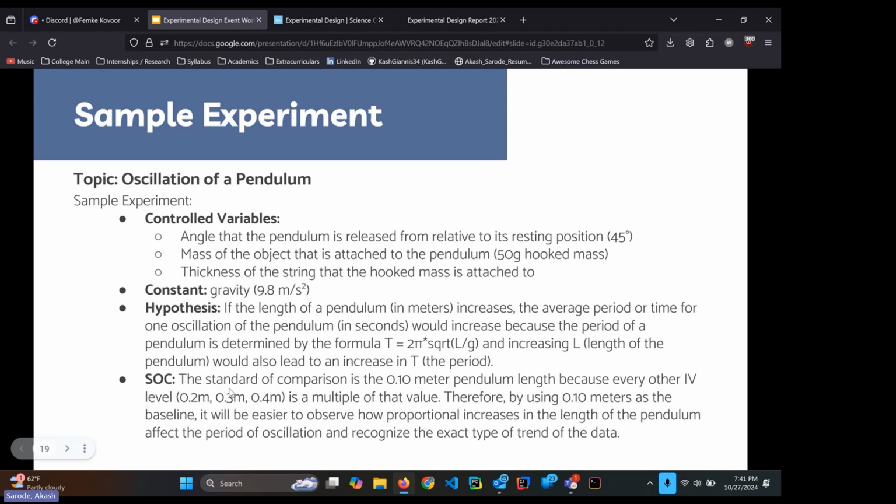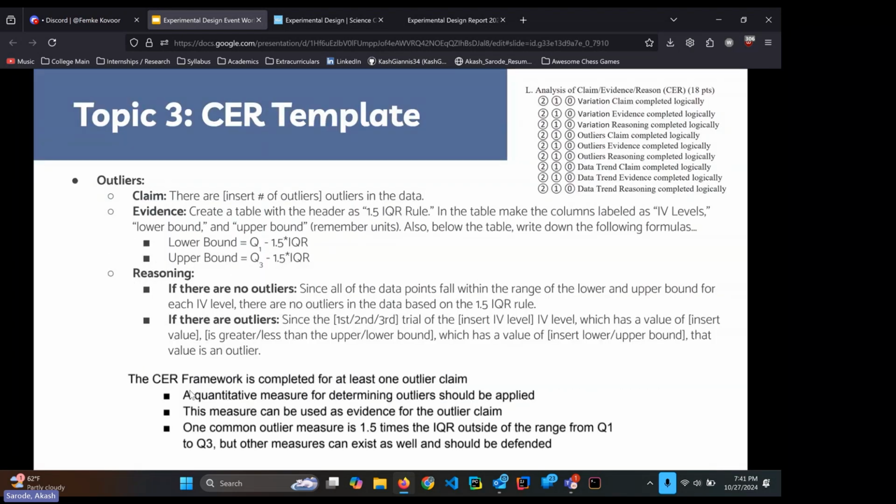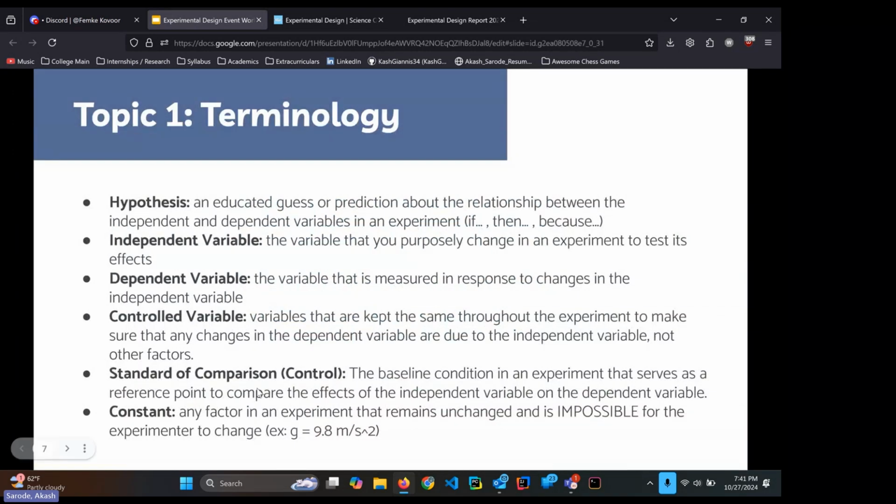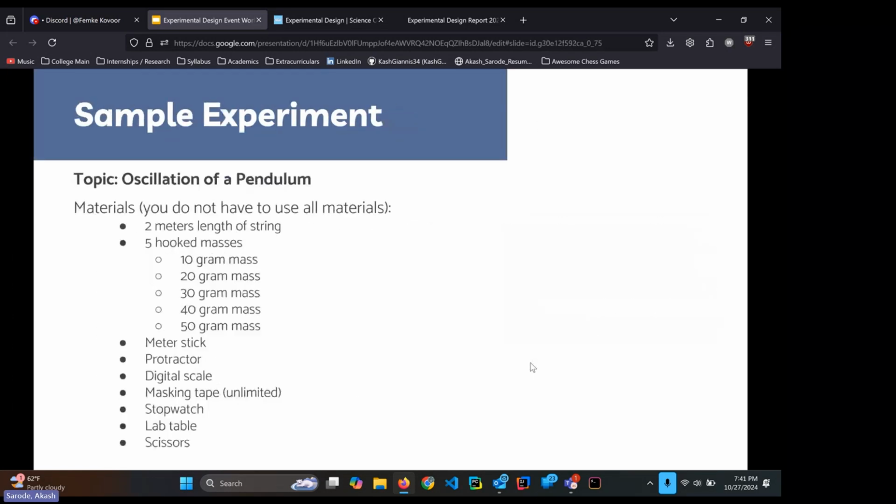So standard of comparison is something you would only do in Division C. If you're in Division B, it's not something that you would need to fill out in your reporting packet. And I think I forgot to mention it earlier when I was in topic one, but the standard of comparison is basically the baseline condition in an experiment that serves as a reference point to compare the effects of the independent variable on the dependent variable. So for this sample experiment,